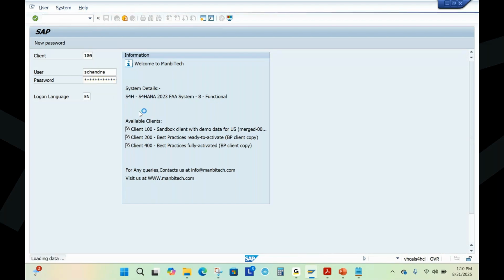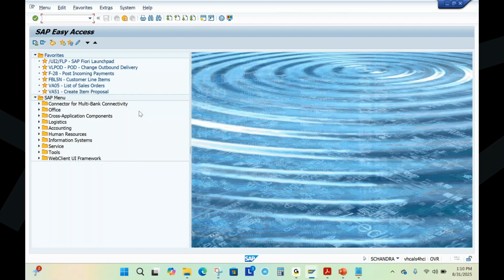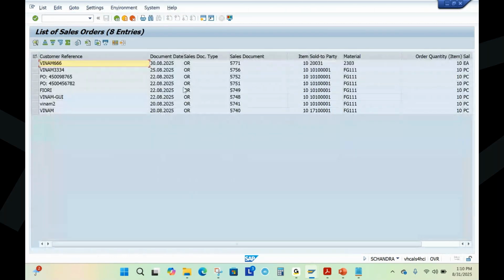I'll take the sales order which is already created. Okay, so let me go to VA05 transaction. I'll search all the sales orders created from my ID. Okay, let me just execute. So if I go to one sales order, this sales order 5756, I'll just double